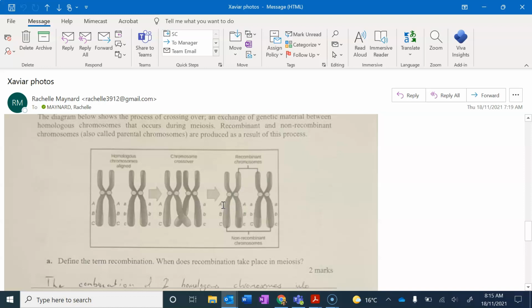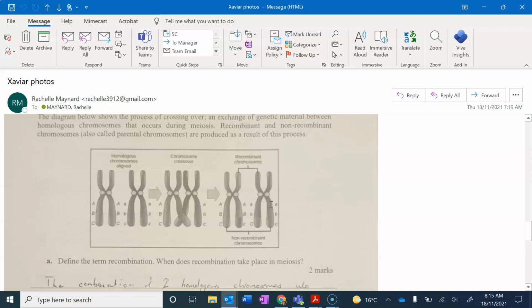So we've got a recessive A, dominant A, dominant A, dominant B, and then we've got a dominant C and a recessive C. So I would say recombinant chromosome 1, chromatid A, or no, sorry, try not to use A because you're using that in your genes. So chromosome 1, you could say chromatid 1, A, B, C dominant, chromatid 2, A, B, recessive C,